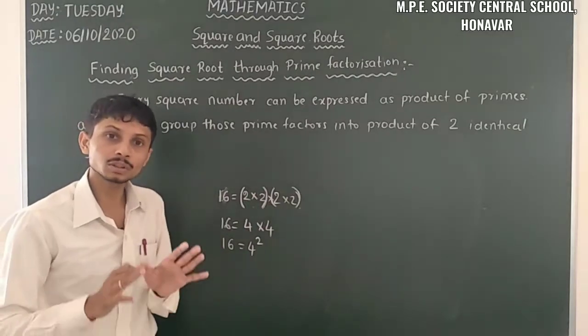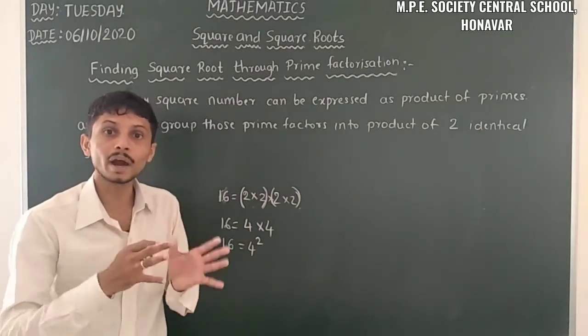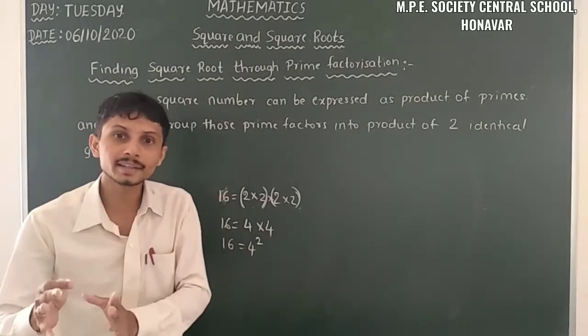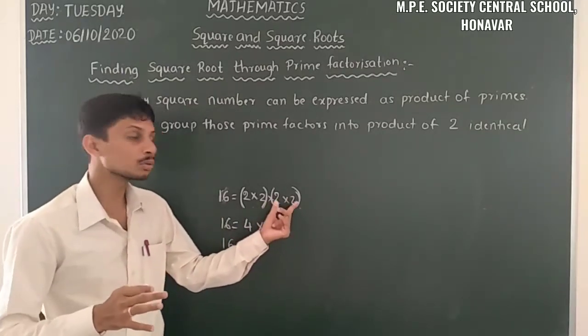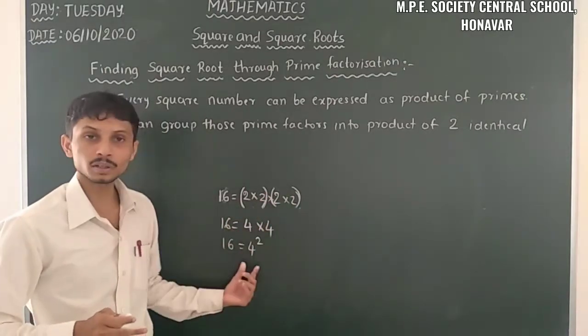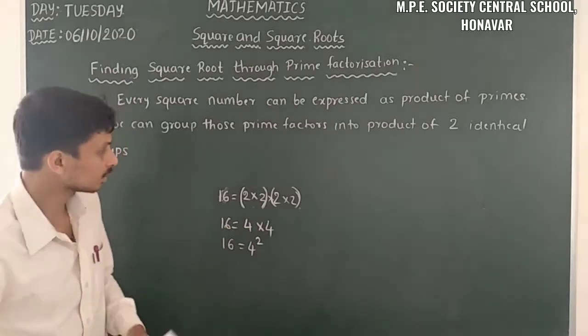After that, we have to make two groups, both identical. Here it is 2 into 2, and here it is also 2 into 2. So 4 into 4 is 4 square. So let us take